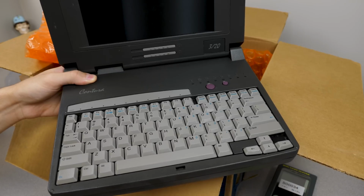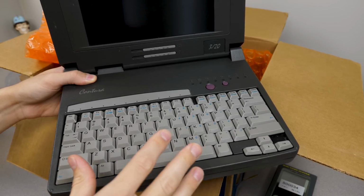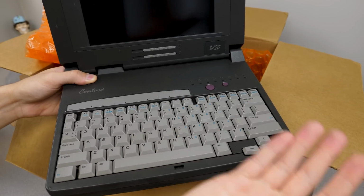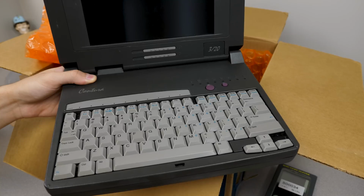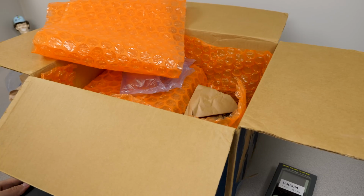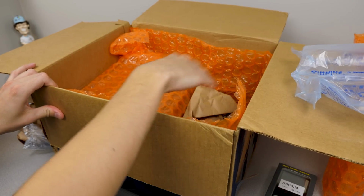Unfortunately, he said in his original video, again from 2009, I just think it's really cool that I saw this laptop in that video back then and never thought I'd actually lay my hands on it, but here we are. It's just one of those kind of cool things for me, I don't know. But the screen in this thing is broken. This is the main thing that I think got us talking. But then he also said, oh yeah, I've got that copy of Windows 3.1 as well, and I think that's